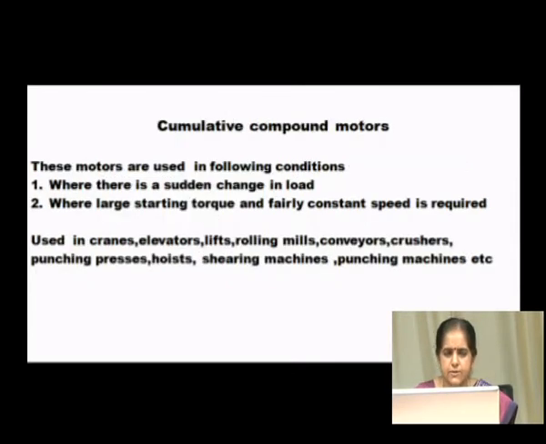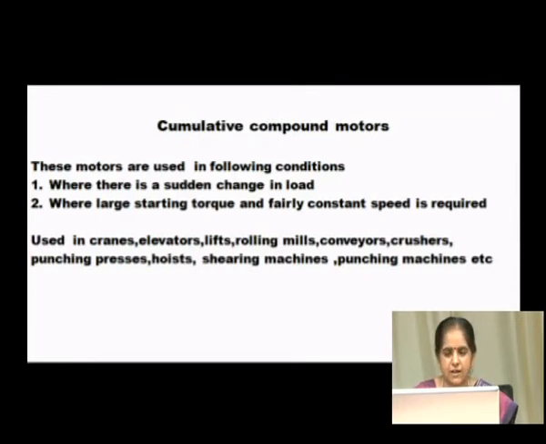Next, let us look into the applications of the cumulative compound motors. These motors are used in the following conditions. The first condition is where there is a sudden change in the load, and another one is where large starting torque and a fairly constant speed is required. You know that large starting torque could be obtained with the series configuration and constant speed could be obtained with